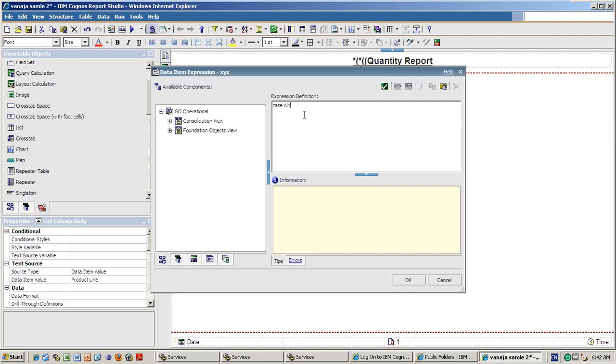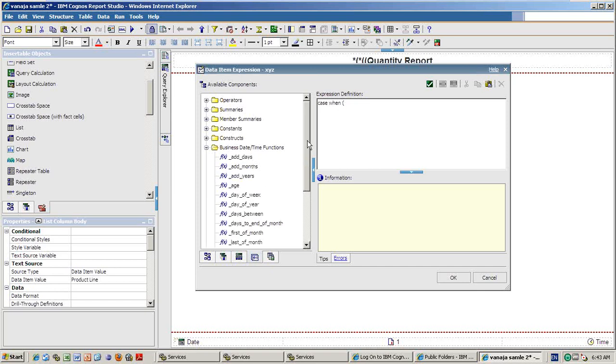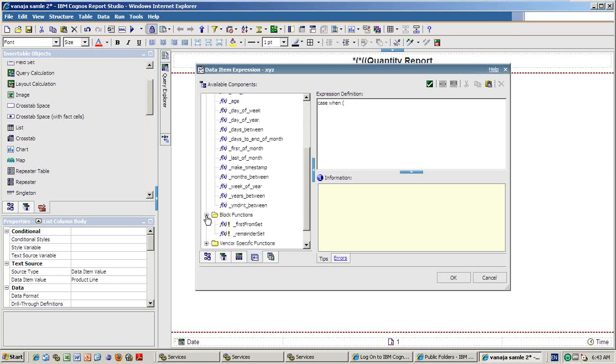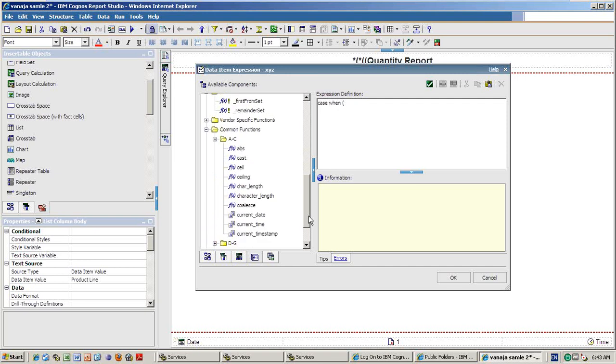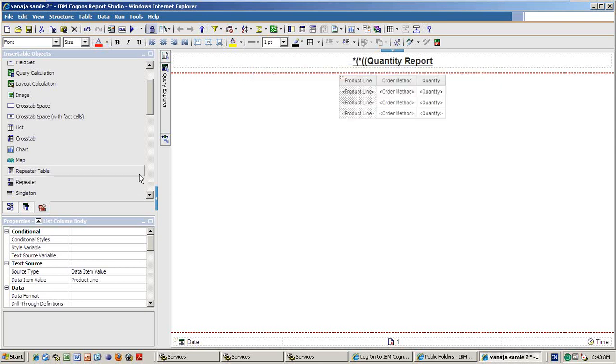Case statement, if you are writing case when, then you use that expression. So this one, current date, and also this one is equal to the same.